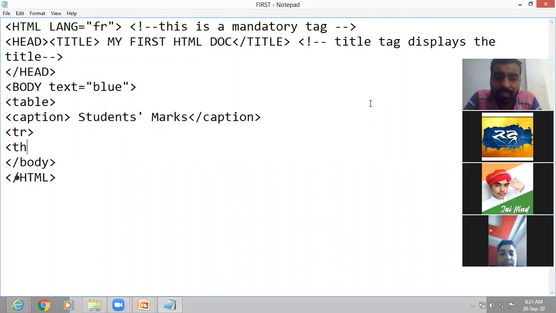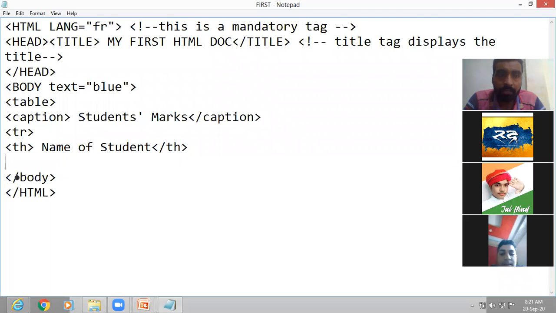So let us write the first TH as name of student. Then close the TH. Then we write again TH, then class, then close TH.